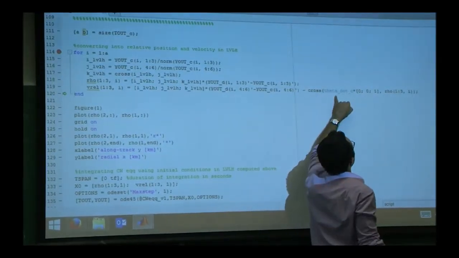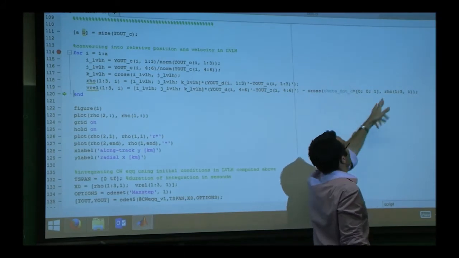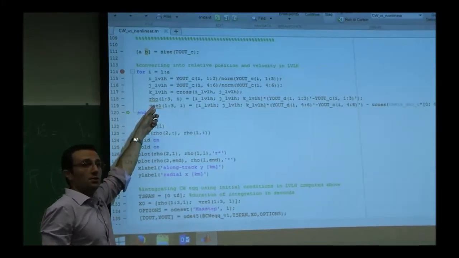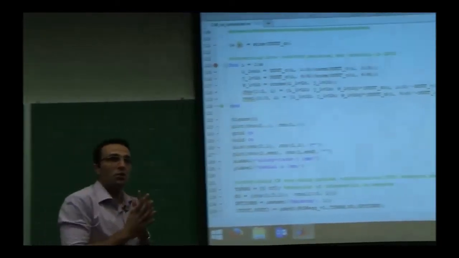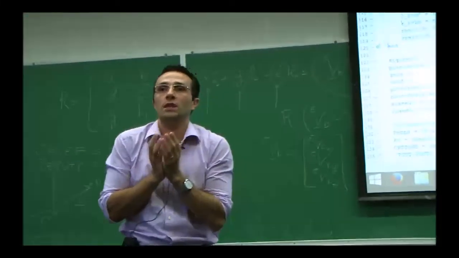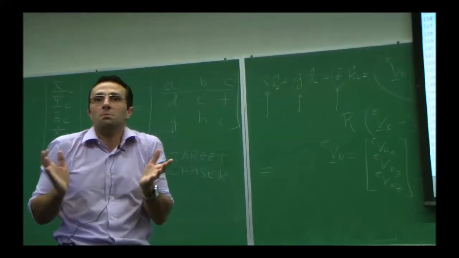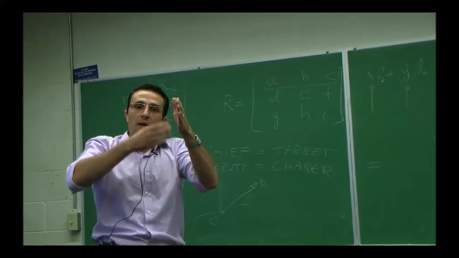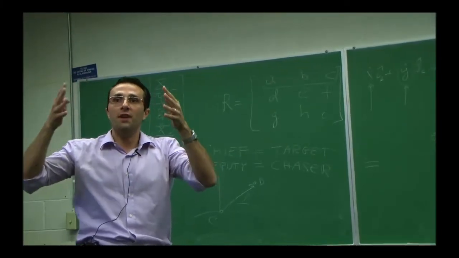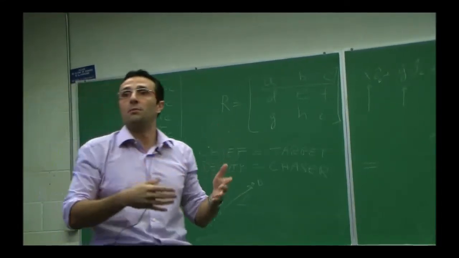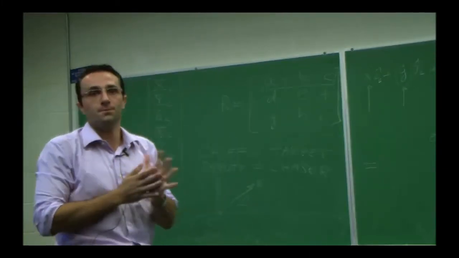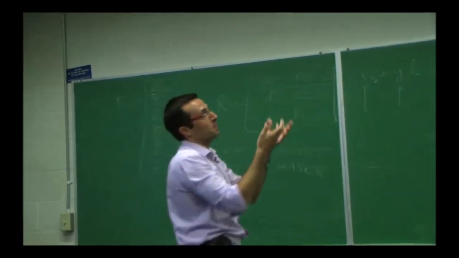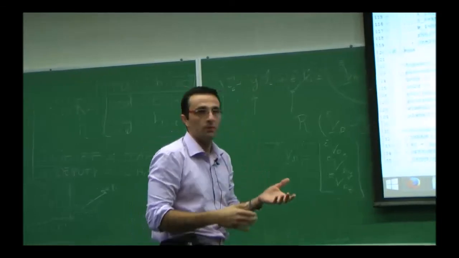This 0, 0, 1 theta dot of the chief is that 0, 0, omega, cross rho. And rho, I have already built so that it's already in LVLH. In MATLAB, you cannot add two vectors if you're not sure that they are in the same basis. MATLAB doesn't recognize basis. It takes three numbers and adds three numbers. It's up to you to make sure that these first three numbers and these second three numbers are projections of vectors in the same basis. If they're not, it will still give you something, but it will be meaningless. That's the difference between writing a vector equation on the board and implementing it. In MATLAB, a vector becomes three numbers.